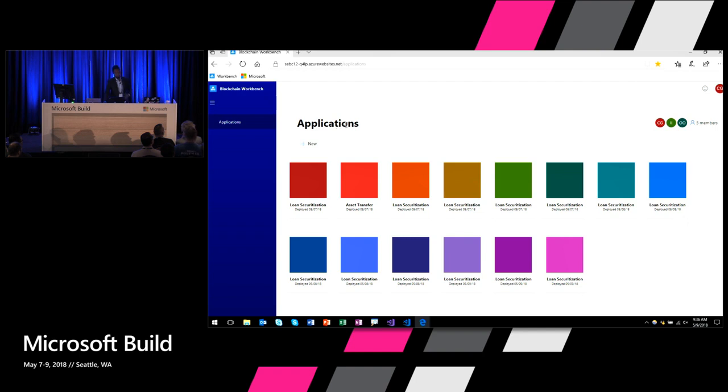So the first and most important thing you'll see when you come in is that there's a UI. This is big. Out of the box, I got a UI so that I could just focus on tossing in my Solidity, tossing in my JSON, bam, see the business process work and whether the logic, as is evidenced by how many loan securitization examples you see, was flawed or not.